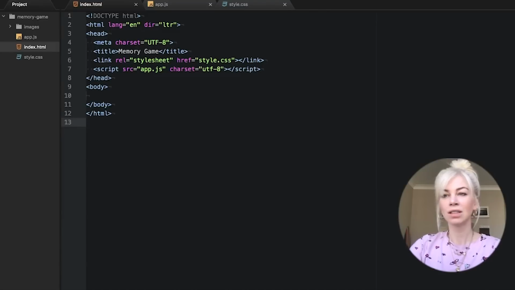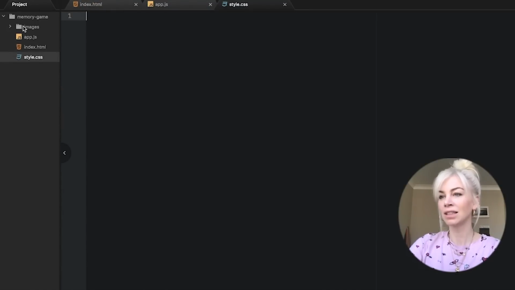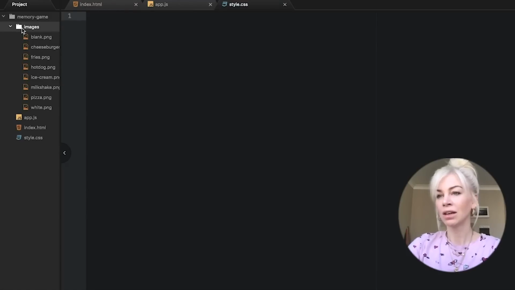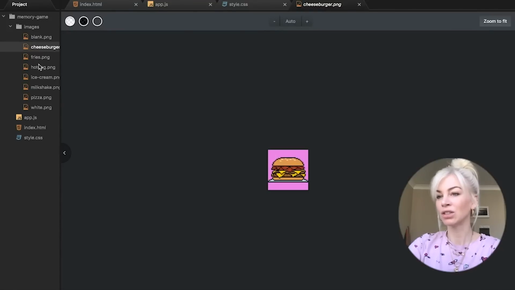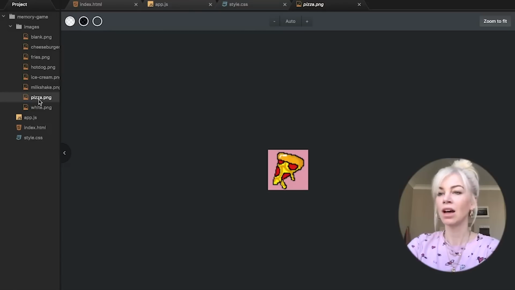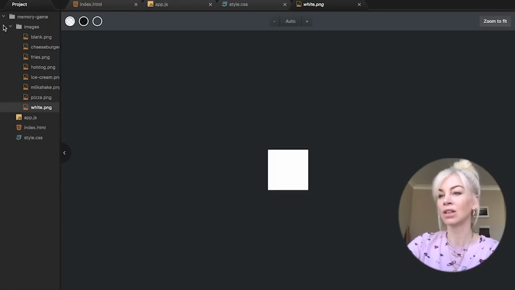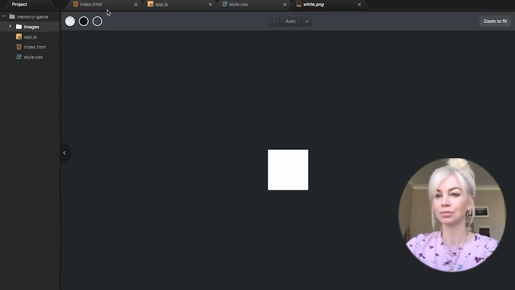So let's set up our folder to have our app.js file, index.html file, and style.css file in the root, along with an images folder for all the images we are going to use. Please make sure to have the images as 100 pixel by 100 pixel squares to avoid us stretching and tampering with them later. After saving your images, simply drag and drop them into your folder. I have chosen to go for 6 fast foods, a blank for when my card is on its front, and a white PNG file to simulate the board space being empty.